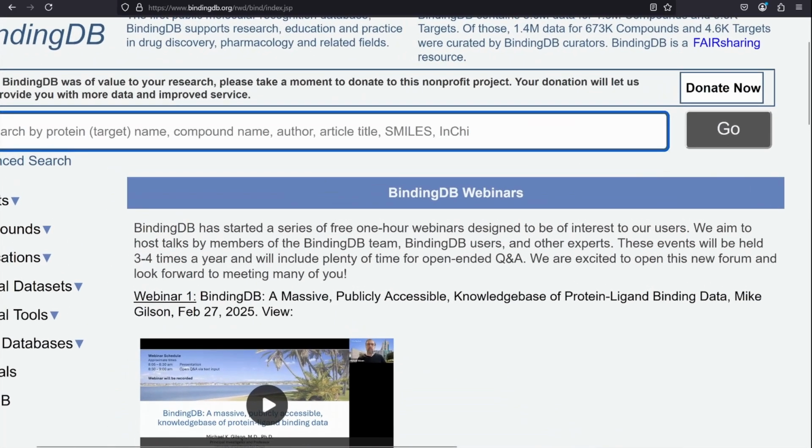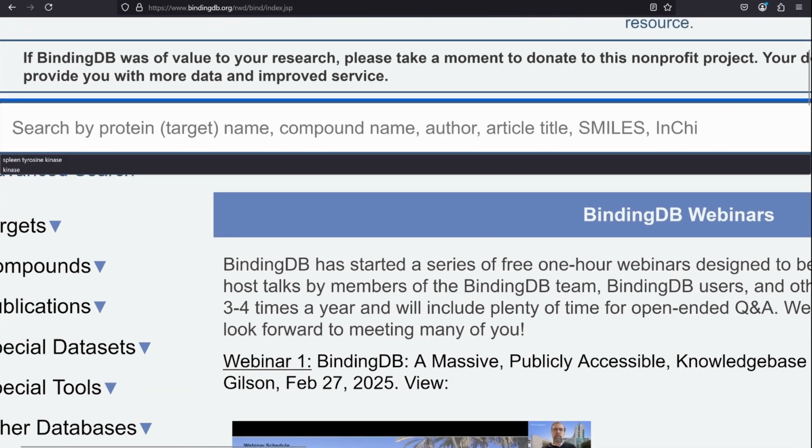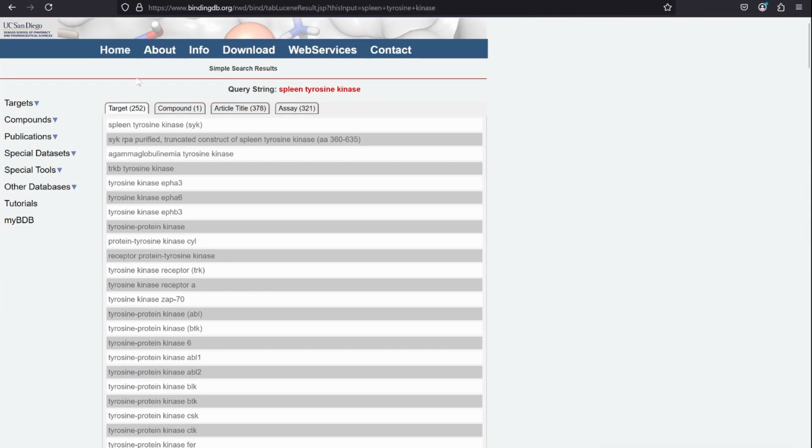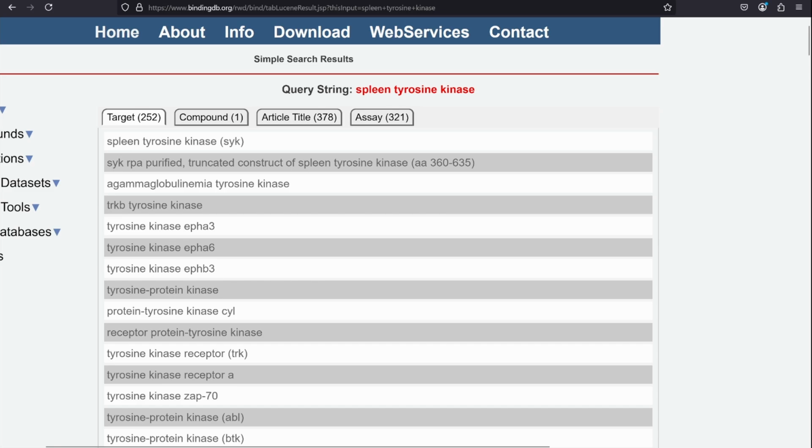But let's say we just want to find out the data regarding a particular protein. As I did in this tab here, I searched for spleen tyrosine kinase. This is a protein molecule, of course. While searching that, I got a search result here on the top. So if we just open that up really quickly,